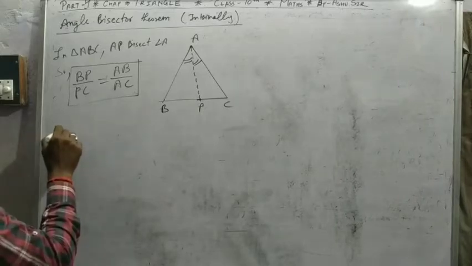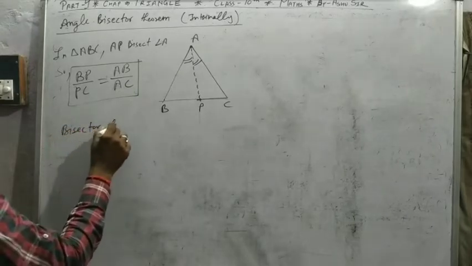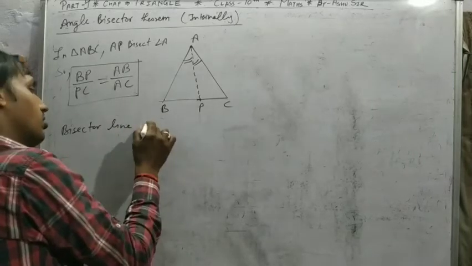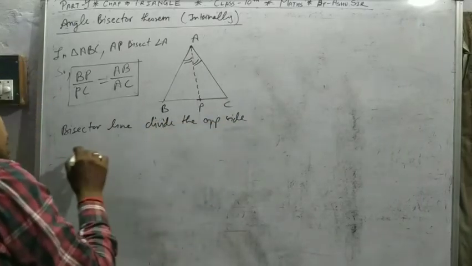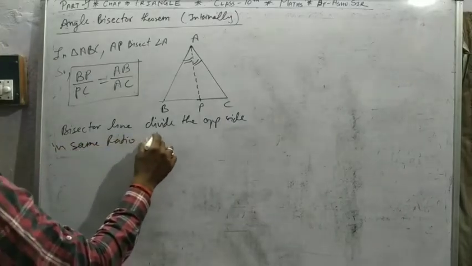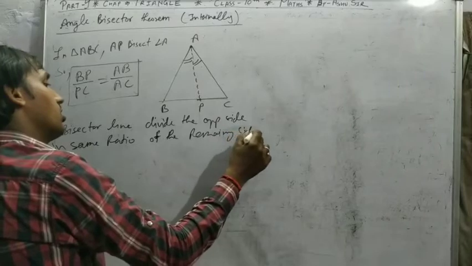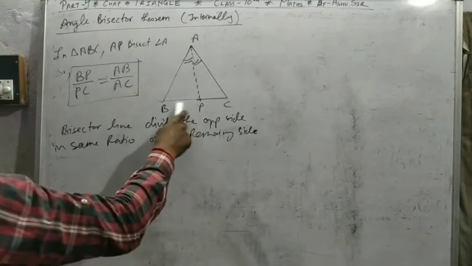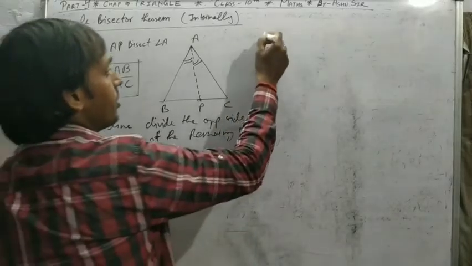Means the bisector line divides the opposite side in the same ratio as the remaining sides. BP upon PC is equal to AB upon AC. If we take an example,